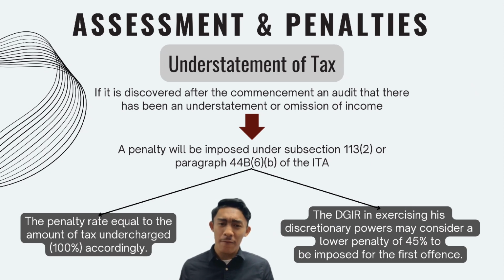If it is discovered after the commencement of the audit that there has been an understatement or omission of income, a penalty will be imposed under subsection 113(2) or paragraph 44B(6)(b) of the ITA. The penalty rate is equal to the amount of tax undercharged, 100% accordingly. However, the DGIR, in exercising his discretionary powers, may consider a lower penalty of 45% to be imposed for the